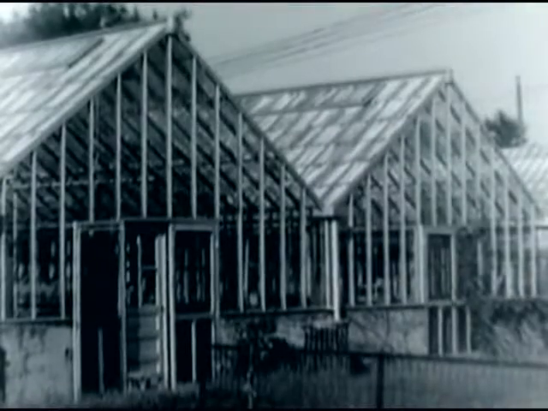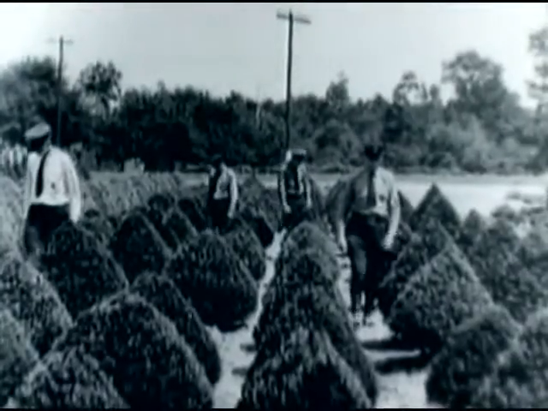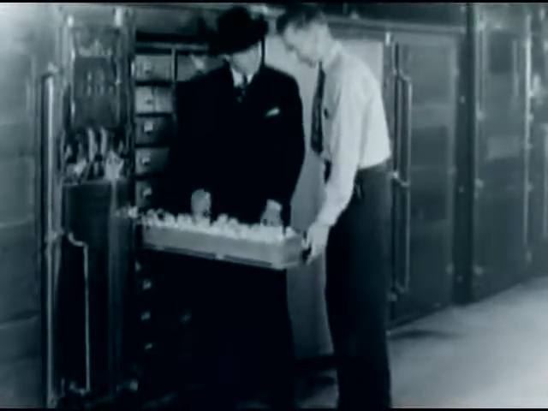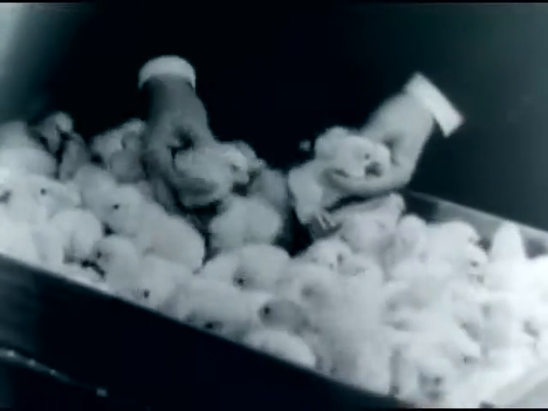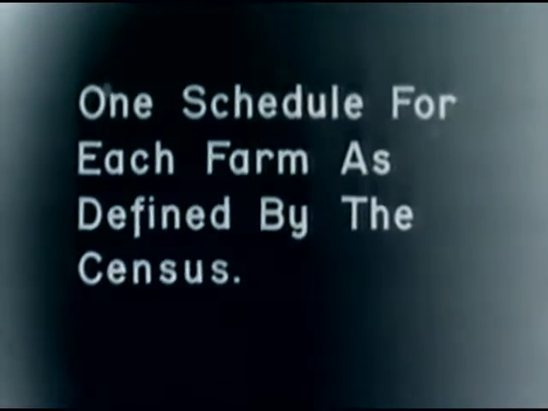These, too, are farms for census purposes, provided they are at least 3 acres. But even if less than 3 acres, they can still be called farms if their produce brought $250 or more in 1939. There are many of these unusual farms, and a schedule must be prepared for every one of them. The second point is easy to remember: one schedule for each farm as defined by the census.